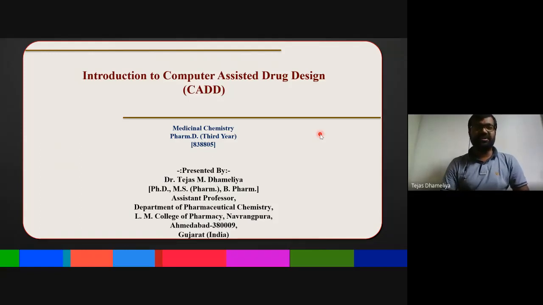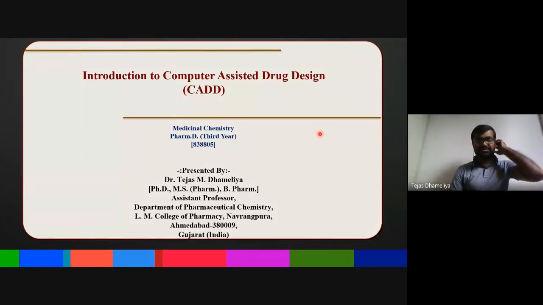Let's start the discussion on this introduction to computer-aided drug design. Basically, we have covered one of the top subtopics of computer-assisted drug design, which is QSAR. QSAR is quantitative structure activity relationship, which is generally a kind of ligand-based drug design. So in this tool, we are generally discussing